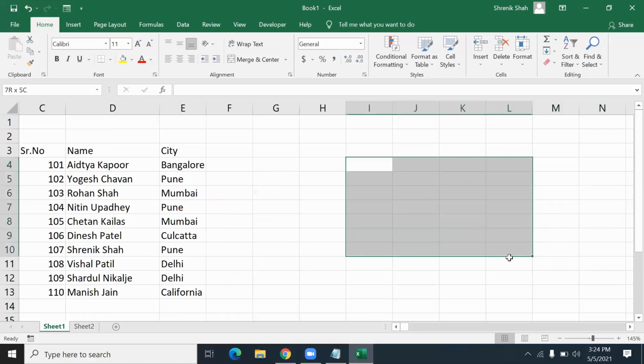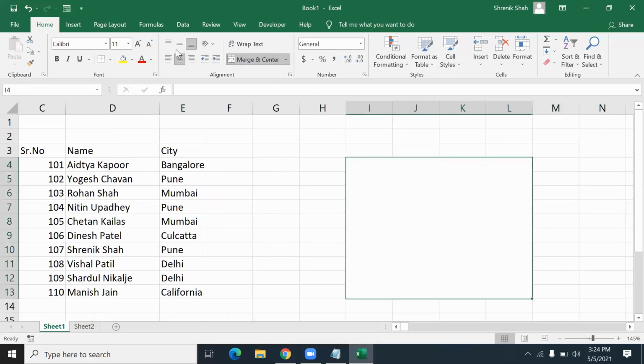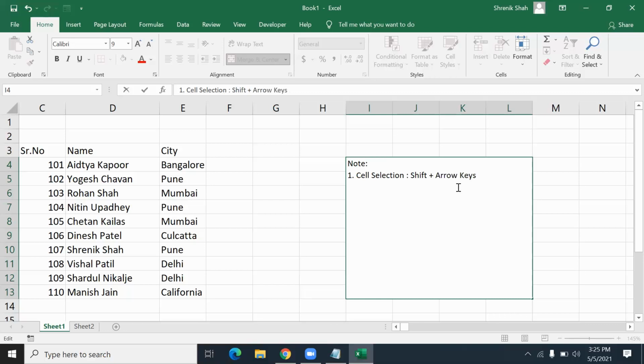Some note points I like to keep here, in this area. The first note point is I'm using Alt Enter to type many rows. Cell selection: for cell selection, I'm using Shift plus right or any key, means you can press any arrow key accordingly.